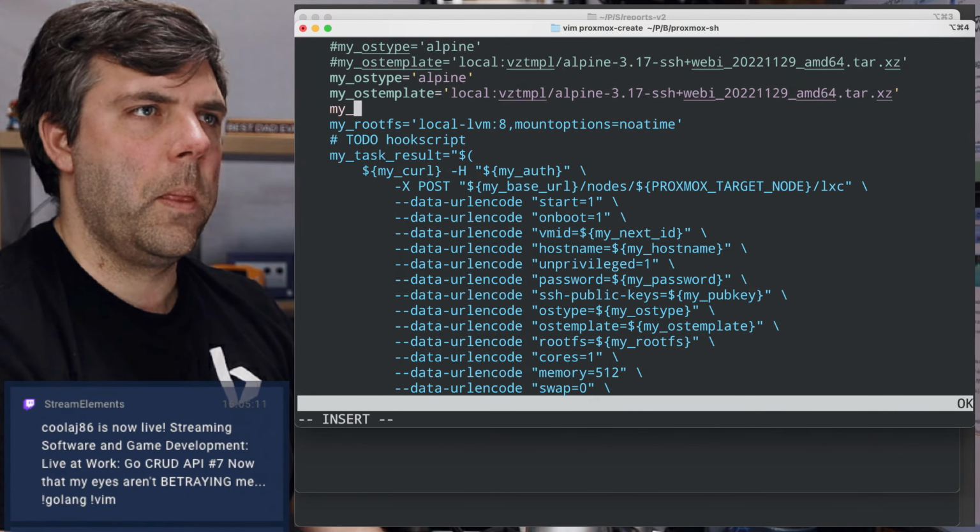And my cores will normally be 2, but in this case we're going to make it 8. Okay.